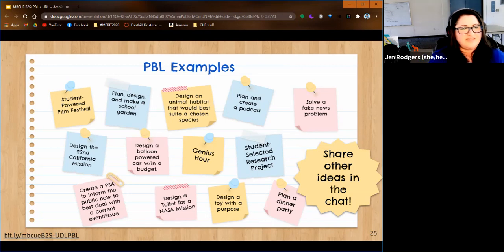So they're reading and learning, they're doing their research, they're doing math. And let's say you can't just go dig up a plot in your school, right? You have to get permission. So now they have to write a letter to the school board or to the principal saying why they should